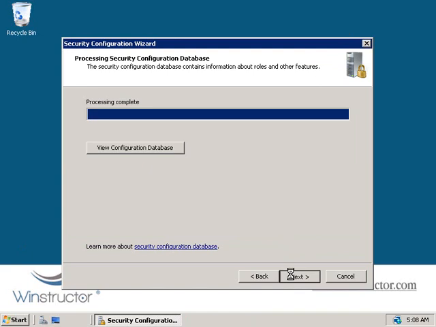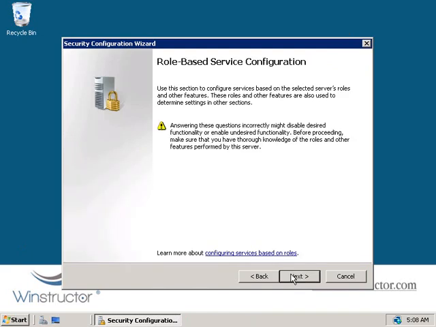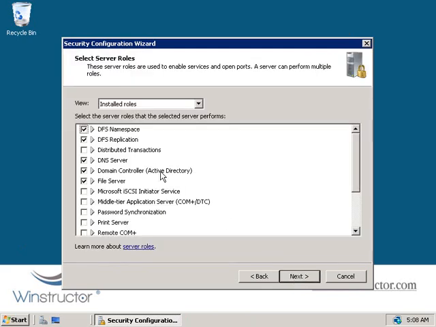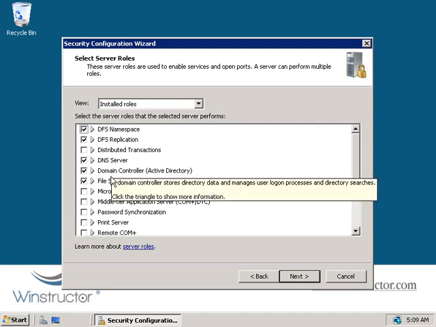All right, well, let's click Next, and this will move on to the next part of the wizard, which is where we'll be configuring services based on the server's role. So we'll click Next again, and then the wizard's going to list all of the roles that we currently have installed on this server. So here on this domain controller, we have the roles that we just saw in the configuration database, the DFS namespace, DFS replication. We have DNS server,